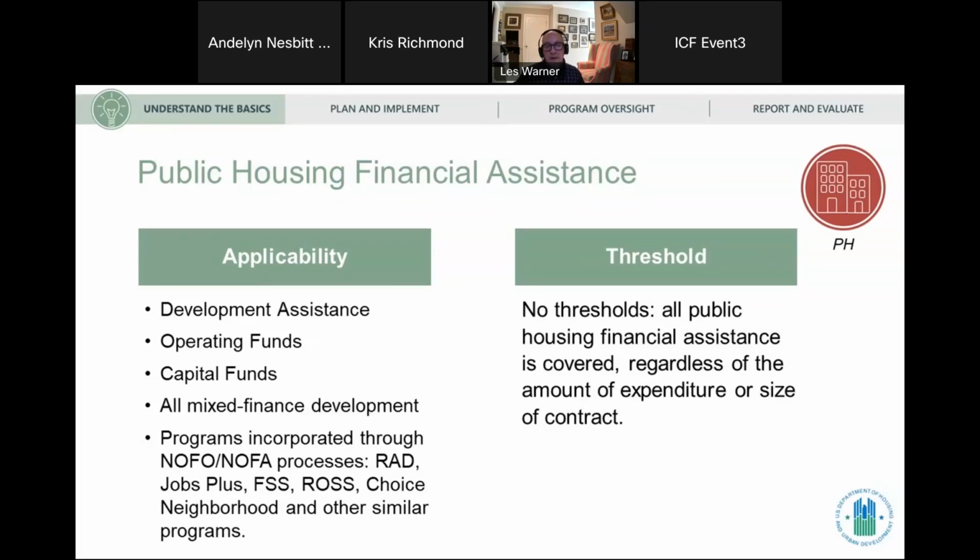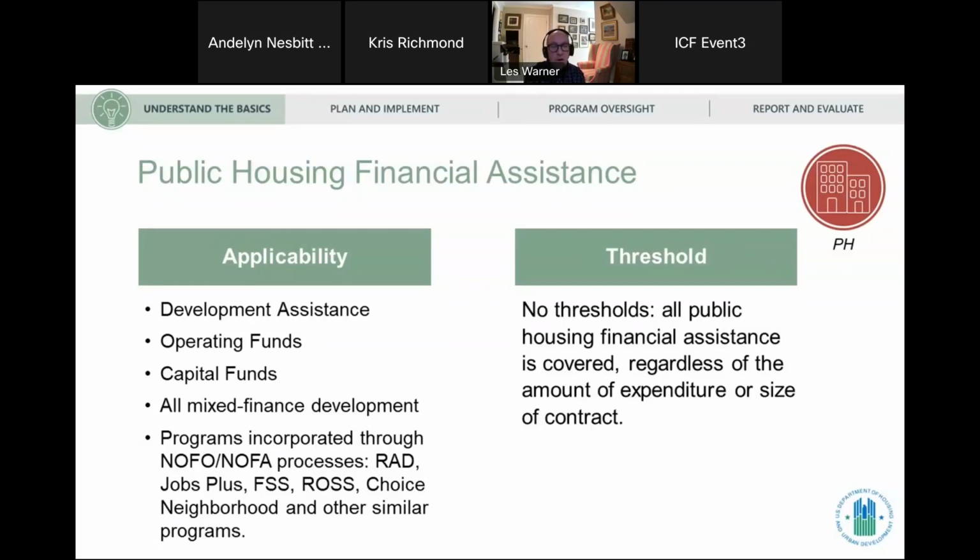But at least under the applicability of this, we know which of these funding sources trigger the Section 3 requirements. And so the rule would say that these benchmarks are applied percentage-wise.